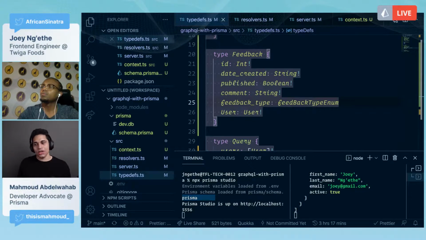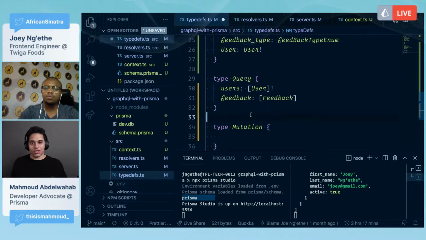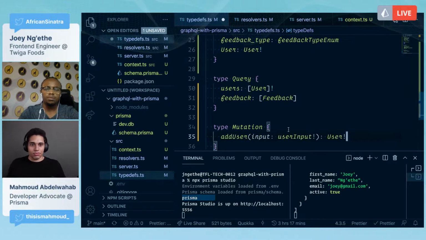It's called Mutation. You will also give this mutation a name. So here are queries, we have a users query. We'll also have a mutation maybe called addFeedback or createFeedback, depends on how you want to name it. And this mutation will also return a feedback, but just one feedback since that's the one that is created. And then in our resolvers, we will just add a Prisma query that creates a new feedback. For example, addUser also works like that.